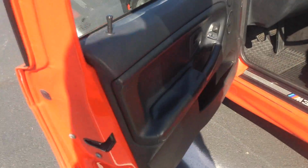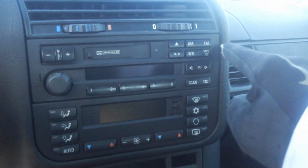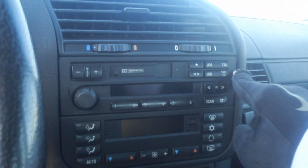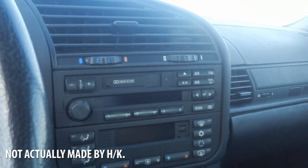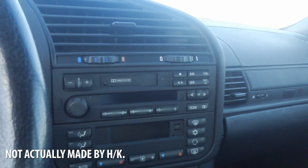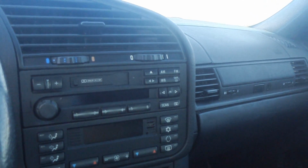Looking at the driver's side here, pretty much the same stuff going on. As you can see, we got the onboard computer. This is the stock Harman Kardon head unit that it came with. I might change it out to, I think it's the CD43. It's got a much better head unit. I think they improved it quite a bit, with more wattage and improved sound. So it's kind of a plug and play jobby. So that's an option. And I might also do the